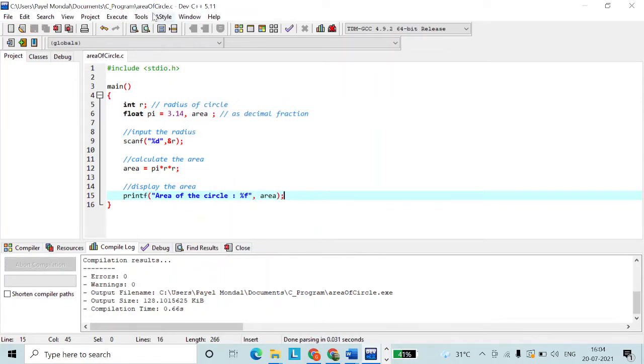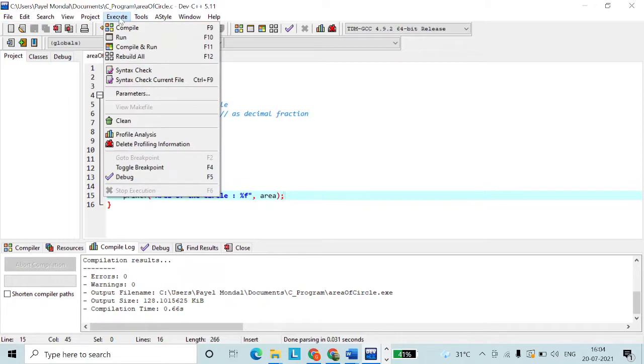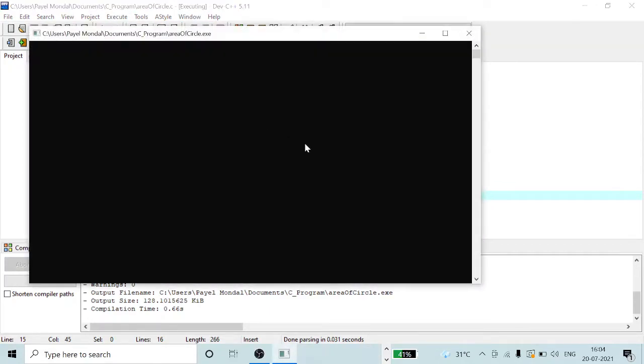No error. Again run it. So we need to provide a radius. Let us give 10. The area of the circle is 314.0000. But it is not suggestive.